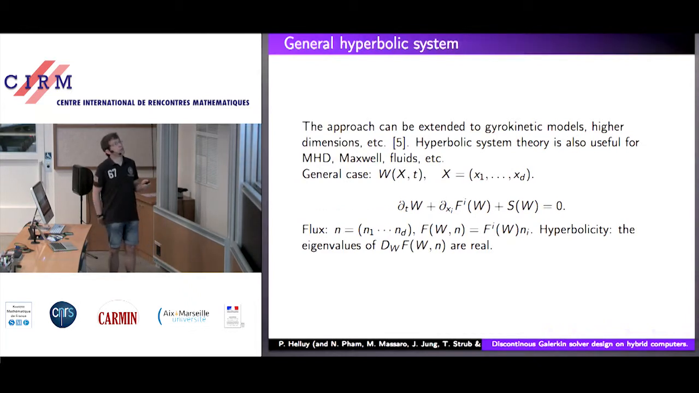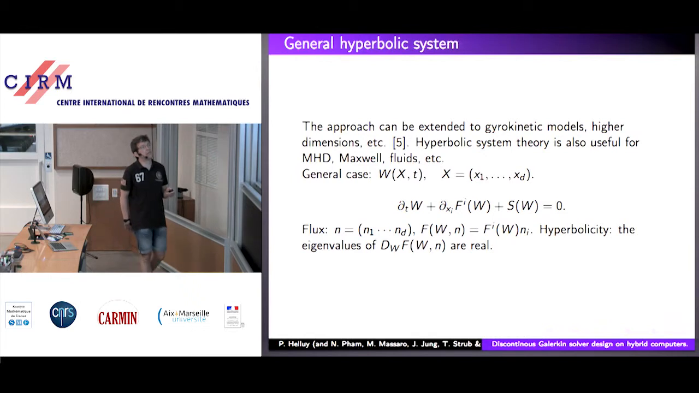And we introduce the flux in the direction n. So n is a space vector. So it's f of W n. It's a scalar product of the flux times the direction vector. And it is very important that this system satisfies the following property, which is the hyperbolicity property, which